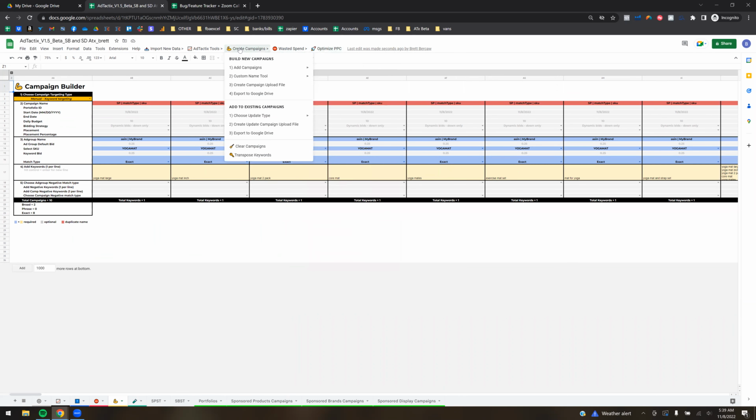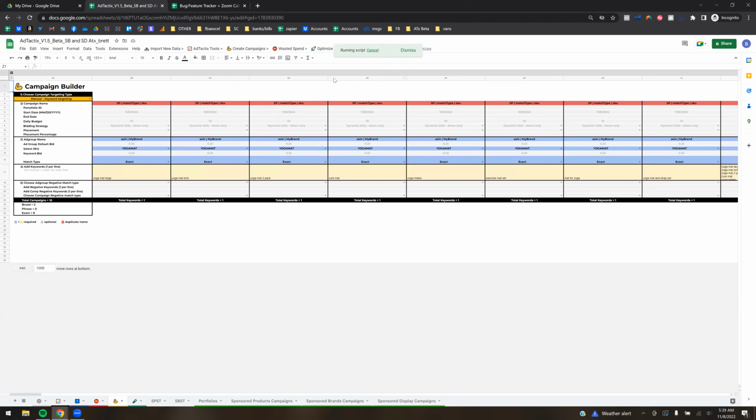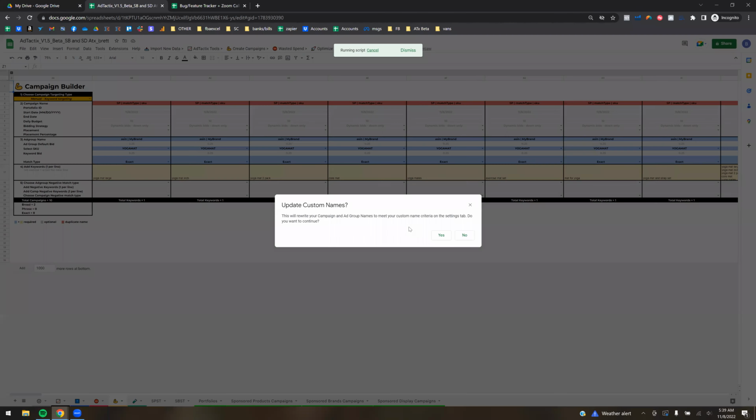So you're going to go here at this point. We've already added campaigns. You could add more manually at this point if you wanted, but hit update custom names, and it should swap out the